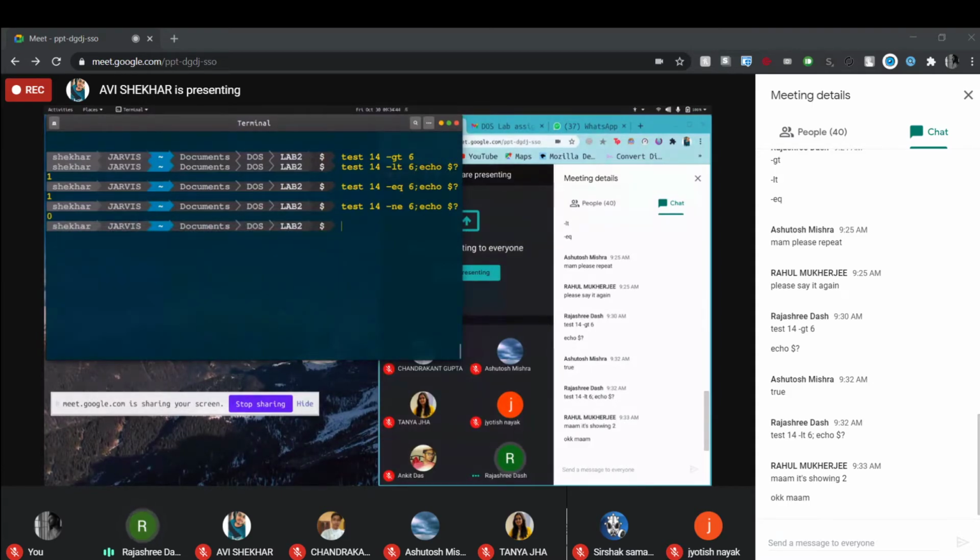Okay. 14 not equal to 6. It is returning the value 0. 14 -eq 6, as the condition is false, it was showing 1. Got the thing?